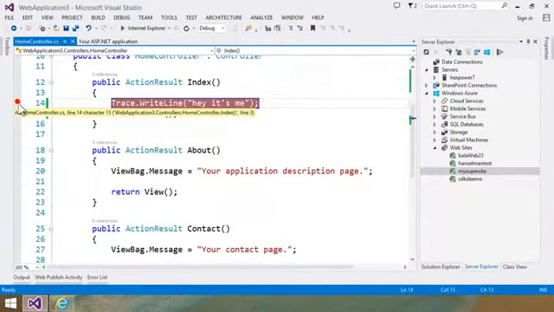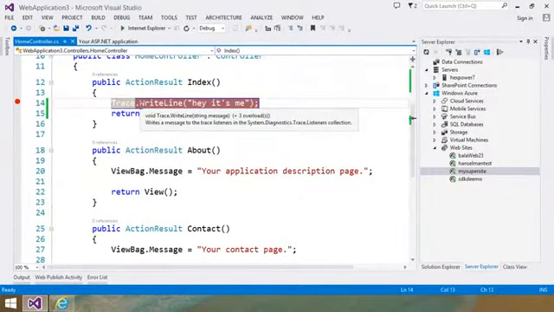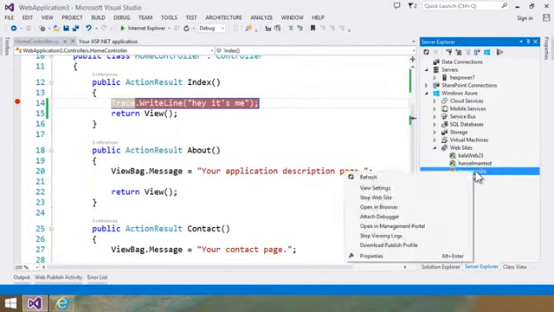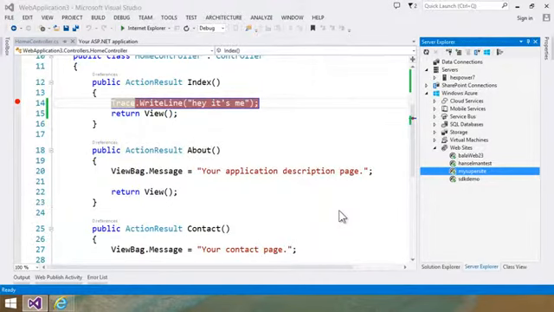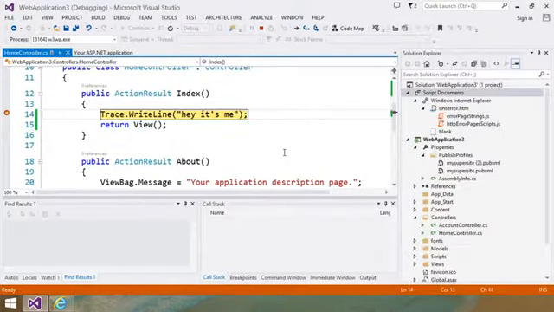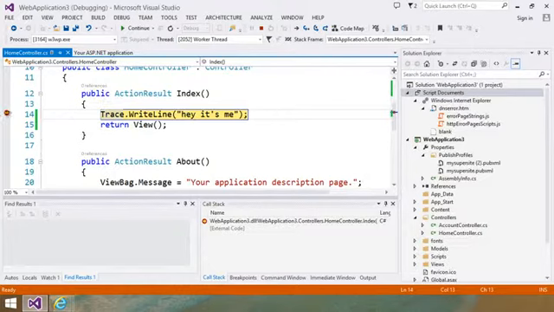I'm going to actually click here and put a breakpoint. And then what I want to do is click Attach to Debugger. So I'm attaching to the remote debugger. This is just like attaching to a debugger in IIS, except in this case, we're doing it remotely with kind of IIS in the sky. This is the Azure web server in the sky. Oh, and I have hit a breakpoint,